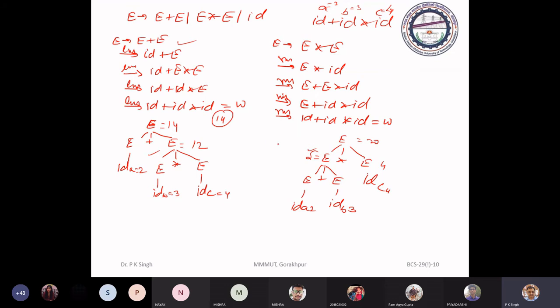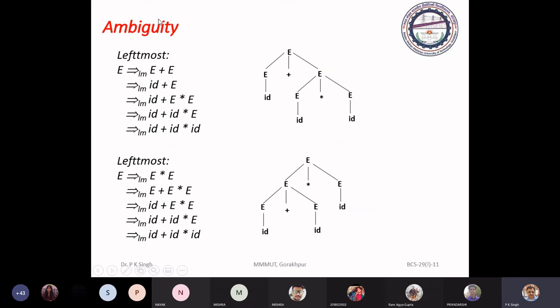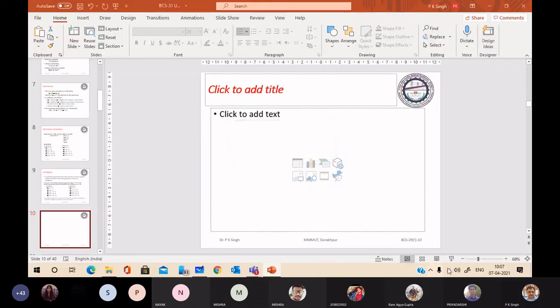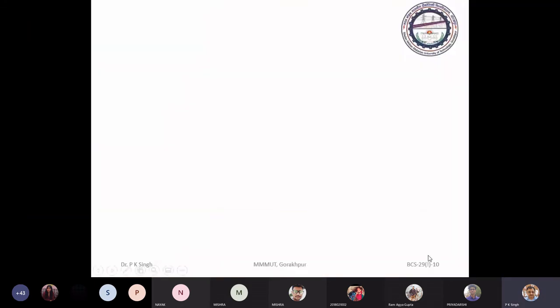If we consider both as leftmost derivation, see another case. Your grammar is E to E plus E, E asterisk E, and ID.